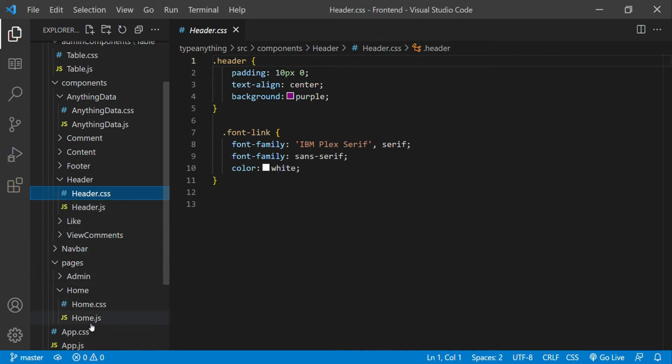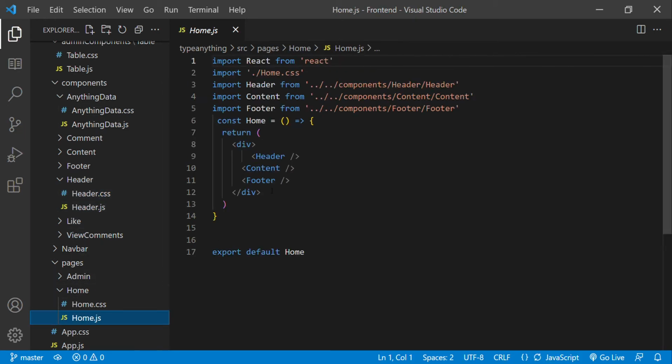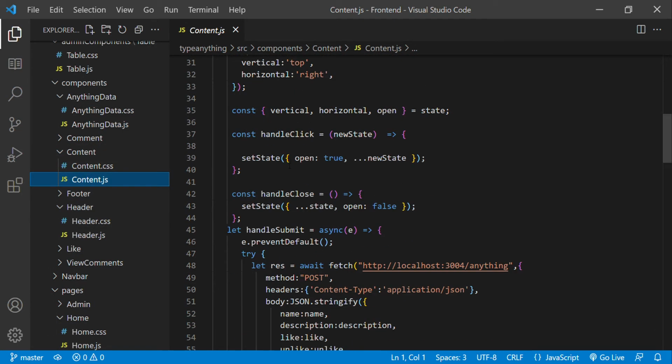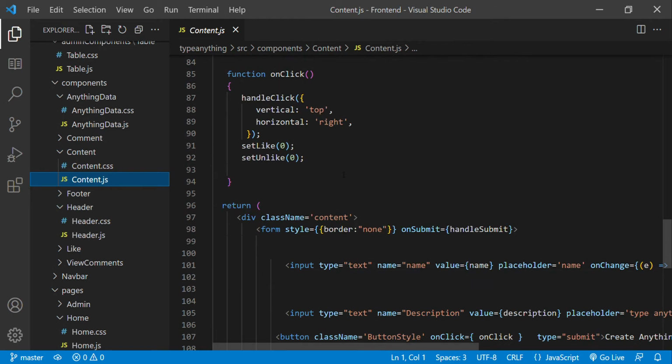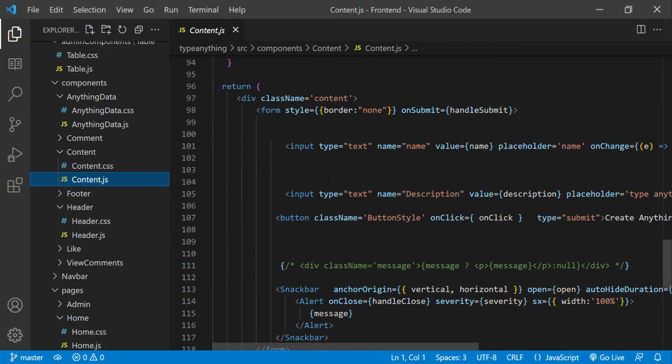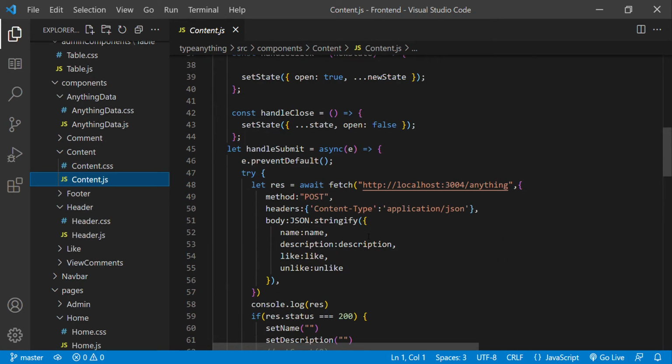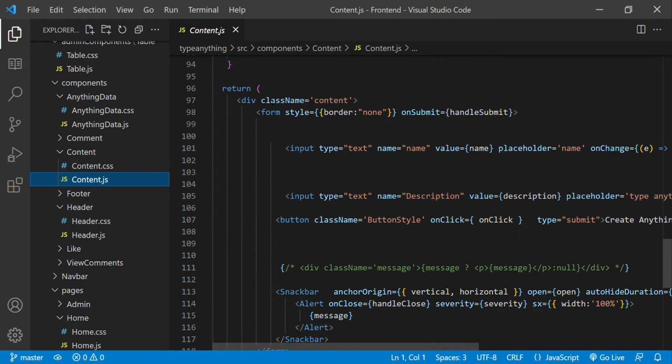And the next one is the content part. In that content part itself, we can see the codes that are displayed on the screen. Here it is a form, and some designs are done using Material Design, which is also used here. And this is the form part, with onSubmit, and this is the handleSubmit. These are the two inputs: the name and description part, and on click it is sent to the